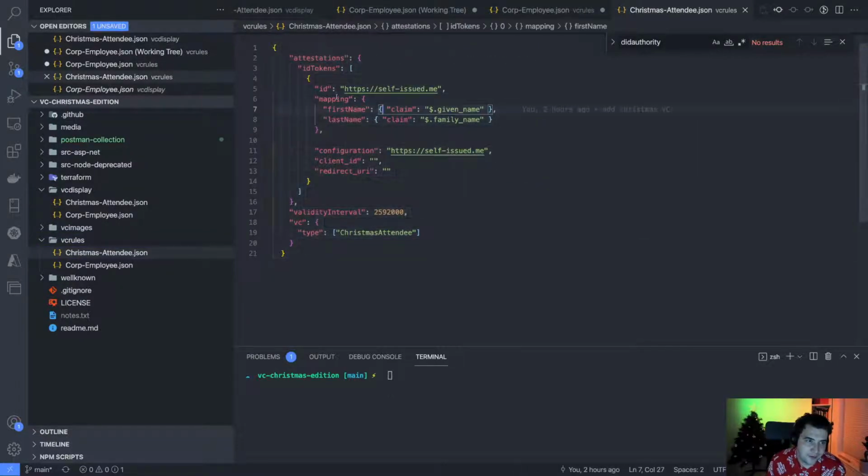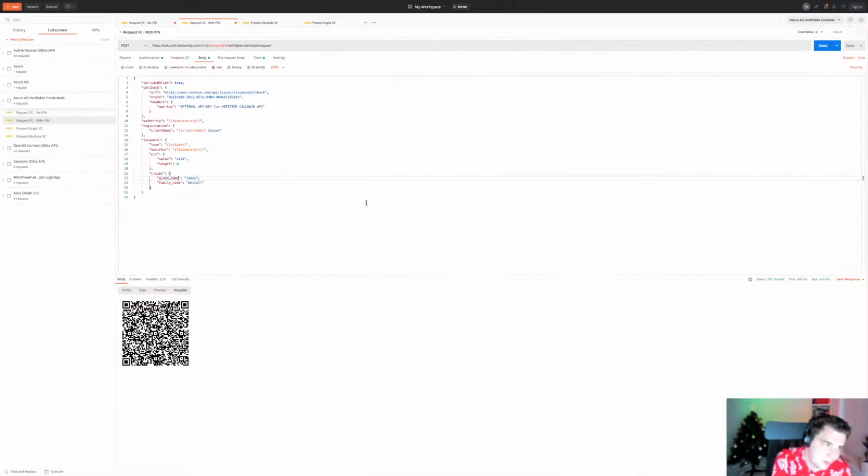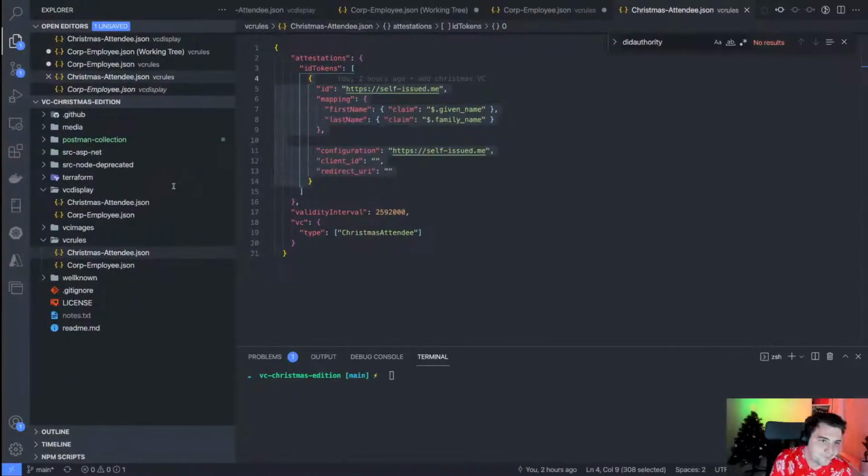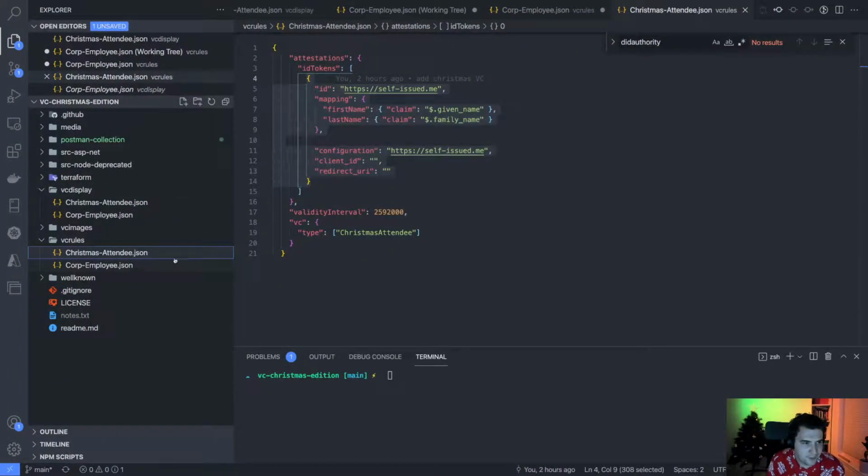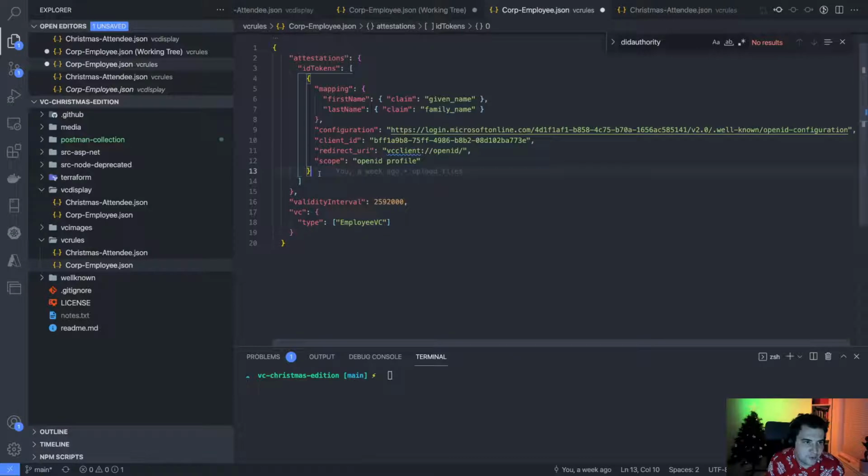You'll notice here in the ID token, I've got a self-issued claim, which is provided through. I would use the self-issued claim when I just want to provide the rules in the request API. So I'm providing the claims through, I'm using this rule file that maps through to the claims here. For my corporate credential that I used earlier, you'll see here that I'm actually doing an OpenID Connect login and requesting standard OpenID scopes, OpenID and profile, which are then published back to the app.